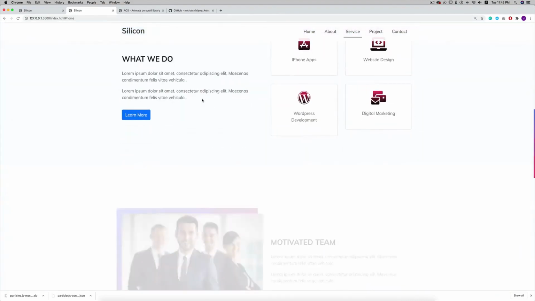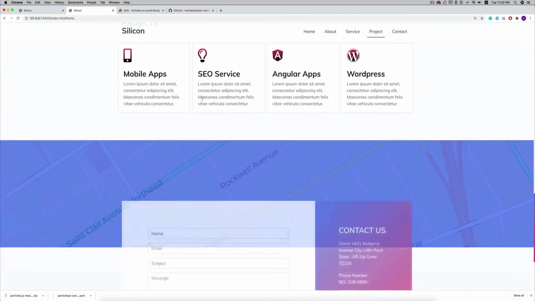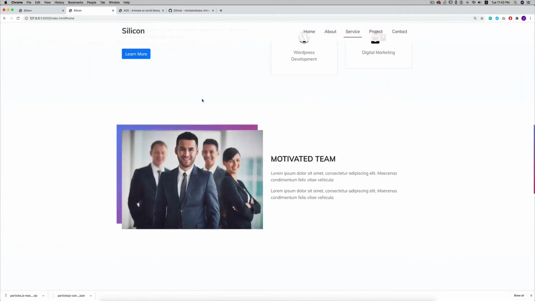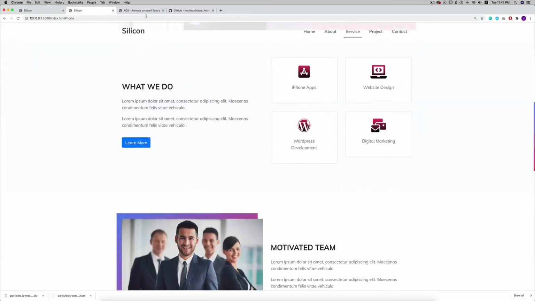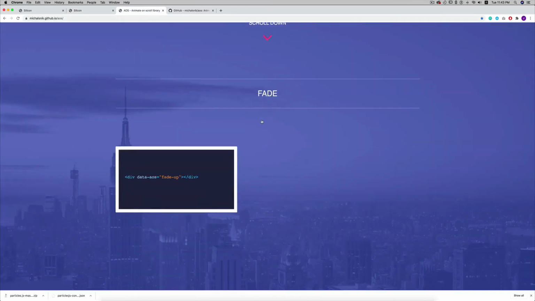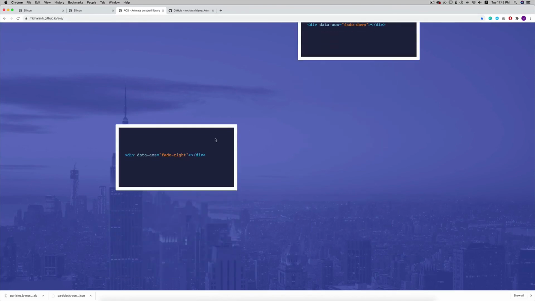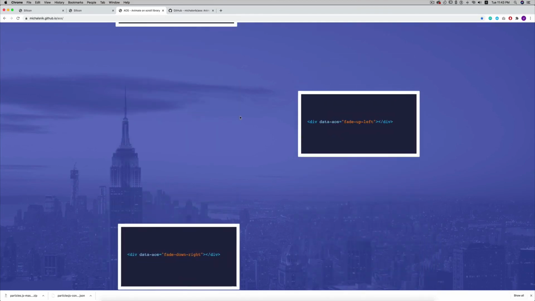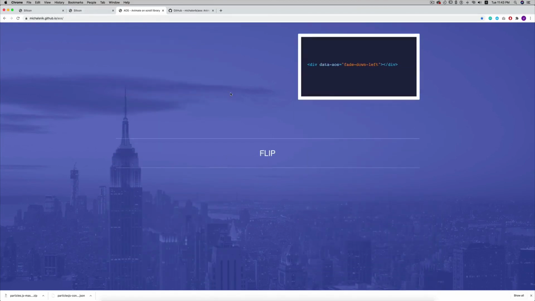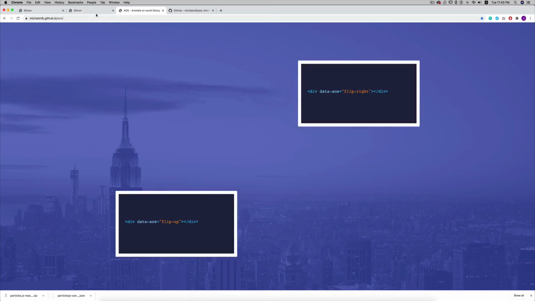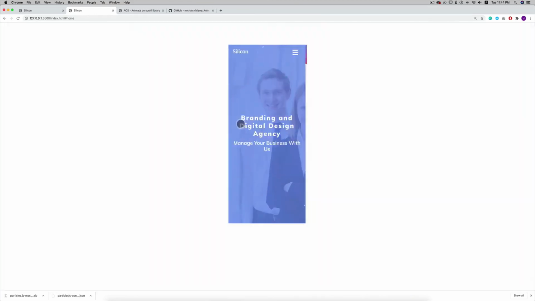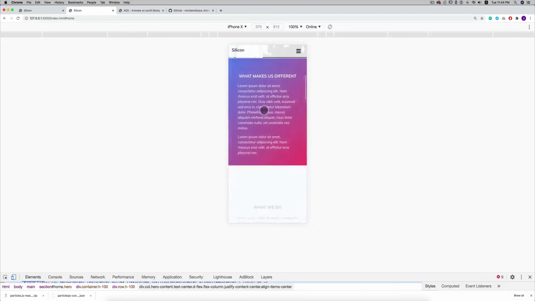So you can see that the animation is now working. So when I scroll down, the animation is working. So there are many different options. You can customize this library. You have fading option, you have fade down, fade from the right. You just need to change the data attribute. Here I have used fade up. So you can explore this library, and this animate on scroll library also works on the mobile version. See, it's working perfectly.